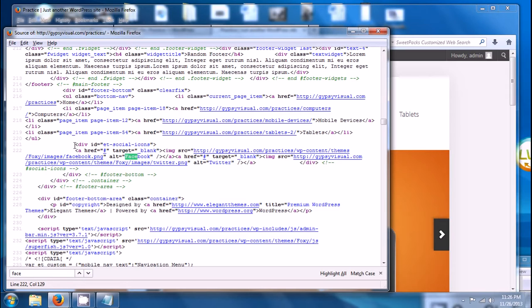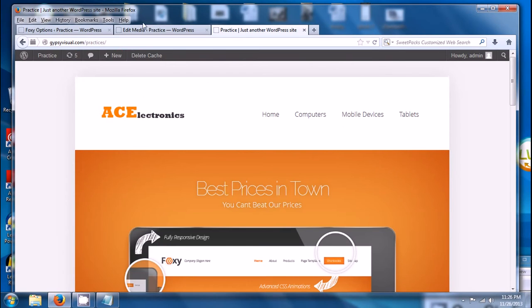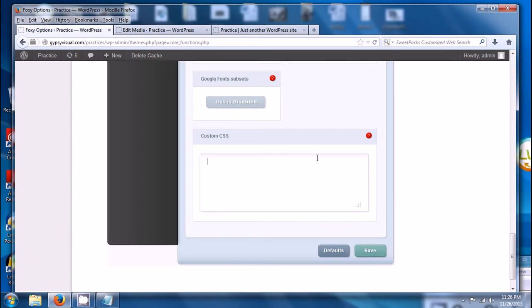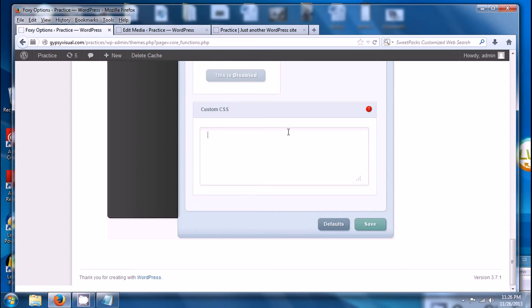If you come down here, you can see that it's under a div ID called ET Social Icons. So now that I know what div that is under, I can go to my custom CSS options, and you don't have to understand this. You can just type this in. I can do pound, which is for div, ET Social icons,